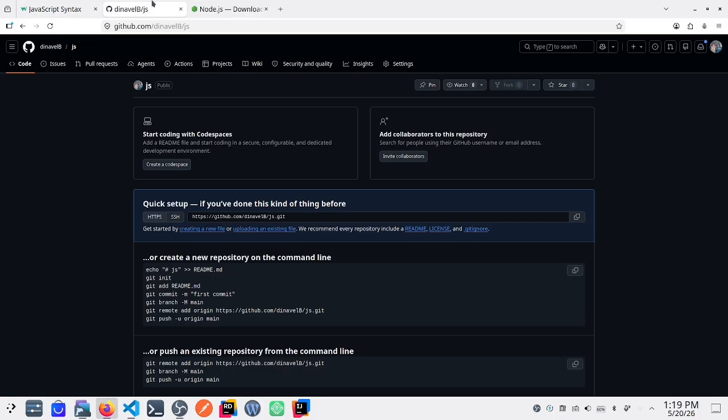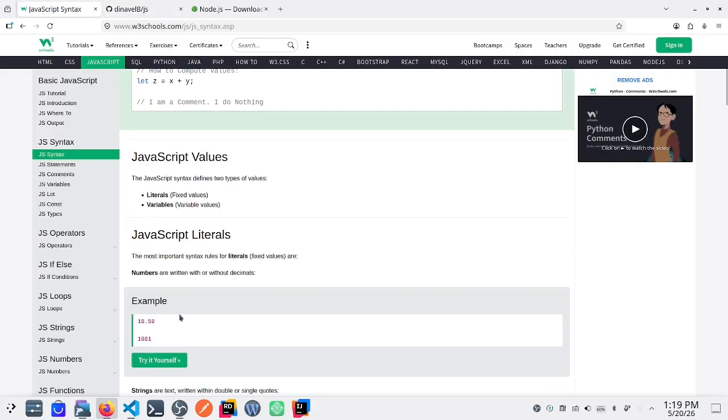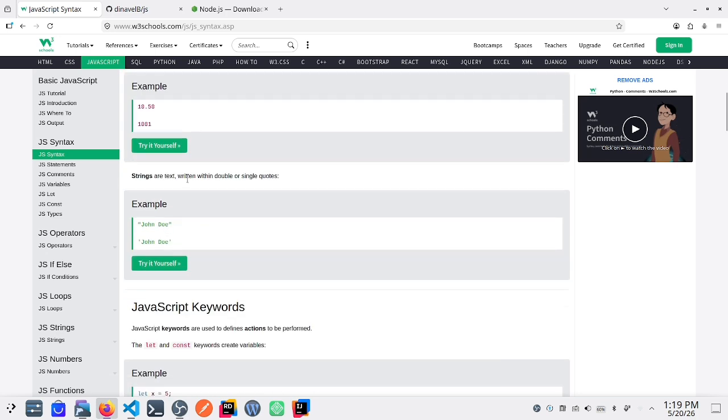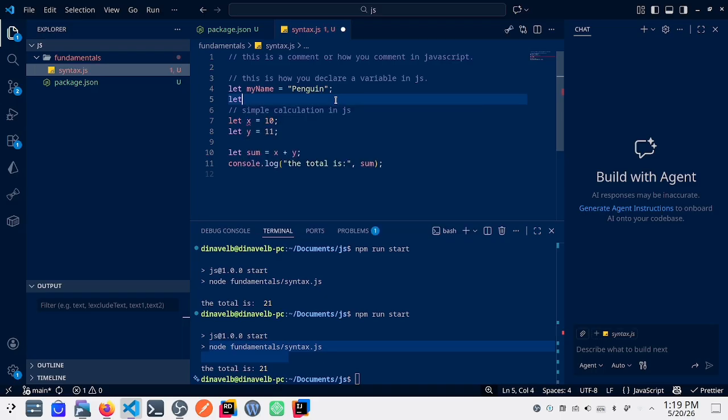And we go here. Yep, JavaScript literals. The most important syntax rules for literals: numbers are written with or without decimals. Strings are text written within double or single quotes. It can also be let test.